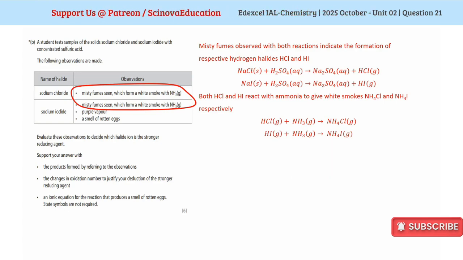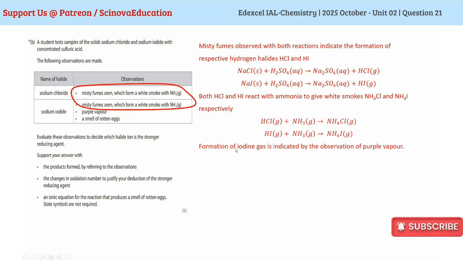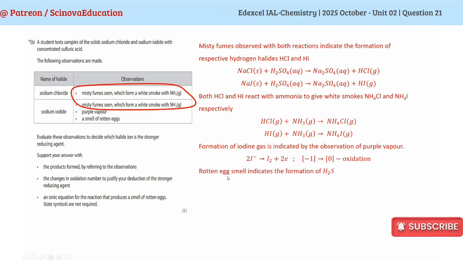So this explains the misty fumes and the white smoke with ammonia. Then with sodium iodide, a different observation is there, that is the purple vapor. Purple vapor is indicating the formation of iodine gas that hints that iodide has become iodine. That means iodide ions have oxidized into iodine gas, -1 to 0, and a smell of rotten eggs indicates the